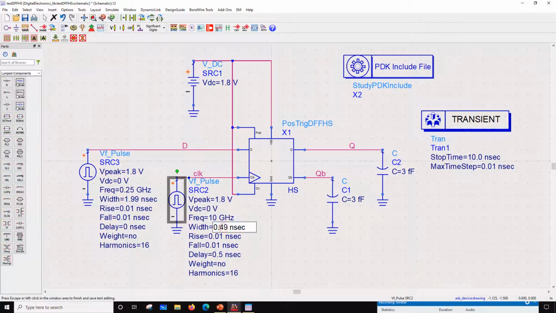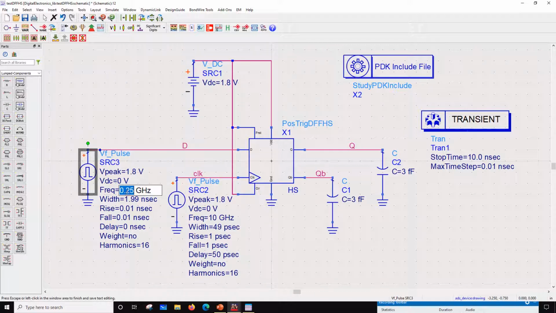So this will become 49 pico, and this is going to become 1 pico, 1 picosecond, and this is also going to become 1 picosecond, and the delay is going to be 50 picosecond, 50 picosecond,